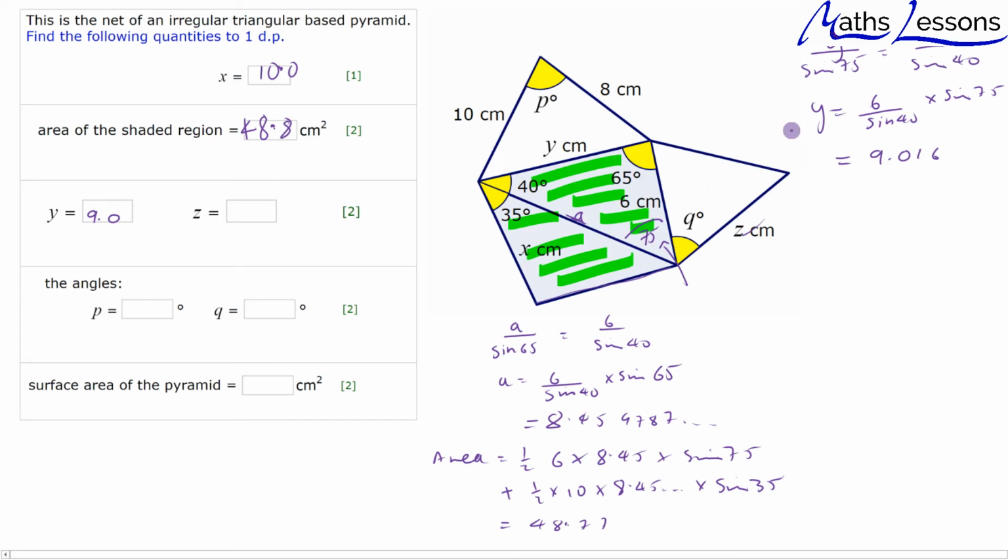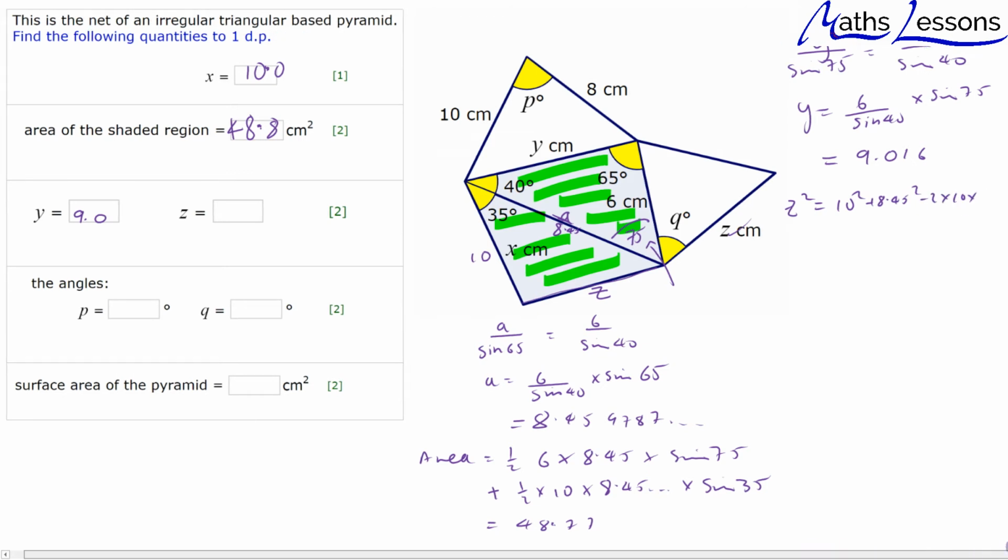Now for z, okay, we've got z over here, and we know it's the same as this side here. So we can use the fact that we know that this is 10. That's x, and we know that side is 8.4 something. And then we've got this side, and we use the cosine rule here. So we know that z squared, so this is also equal to z. So we know that z squared will equal 10 squared plus the 8.45 squared minus 2 times 10 times